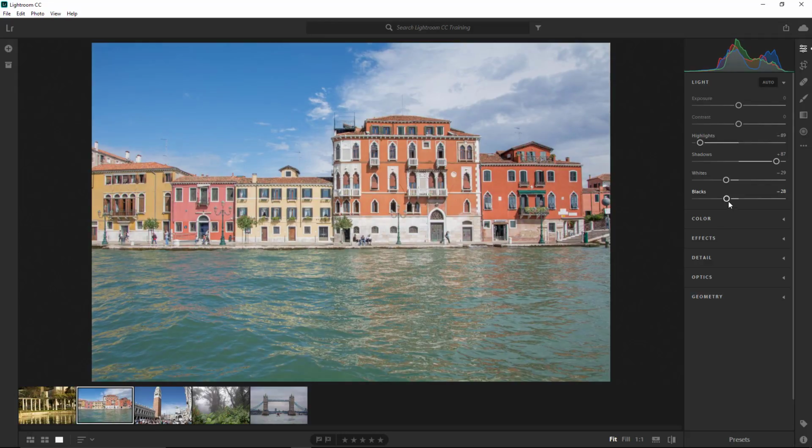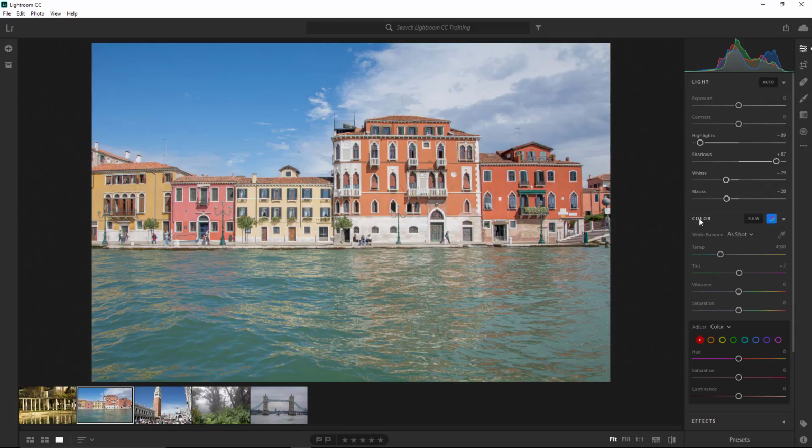Now that we are done adjusting the light of this image, we can start improving color. Click on the color panel to expand it. Before we continue, I would like to advise you to enable a feature that could make Lightroom CC a little less confusing. If you open panels without closing the previous panel, the interface could become cluttered and it can cause confusion, especially if you're a new user. But there's an option that you can enable to avoid this problem.